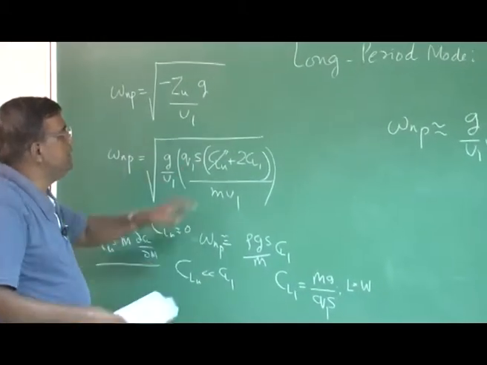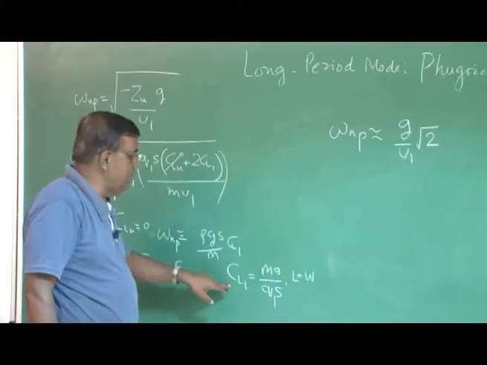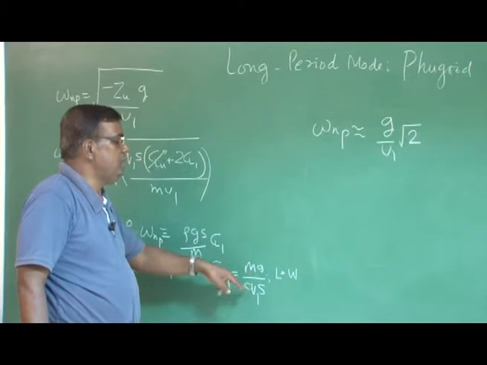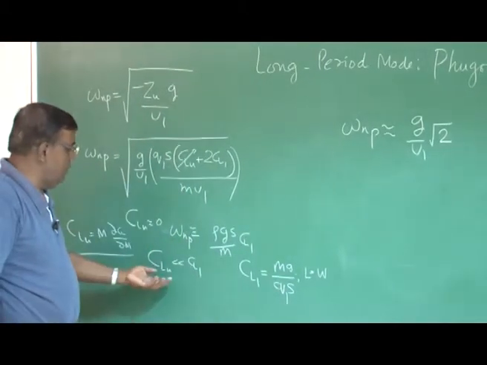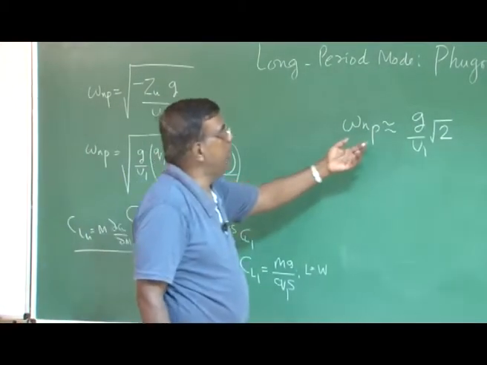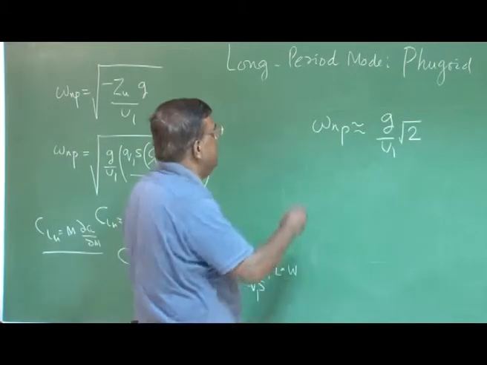Only understanding is CLU is less compared to CL1, and CL1 is nothing but mg by half rho v square s, which is Q1s at steady state. If you substitute this, you can easily show that omega np will be approximately g by u1 root 2. So what is the message for Phugoid